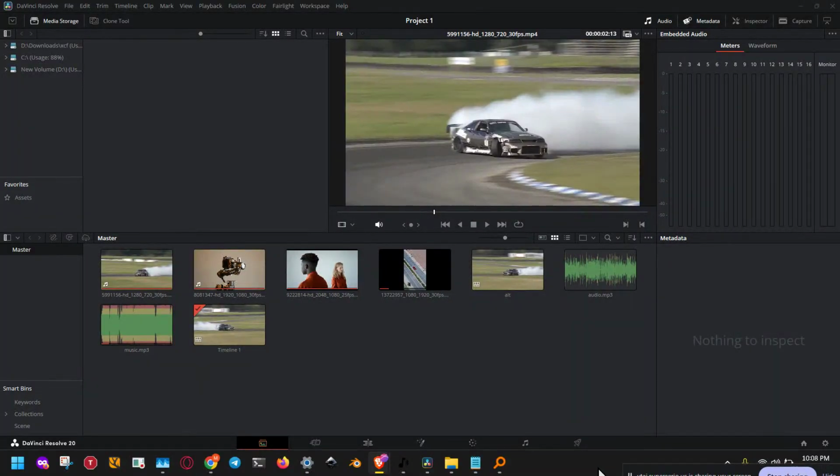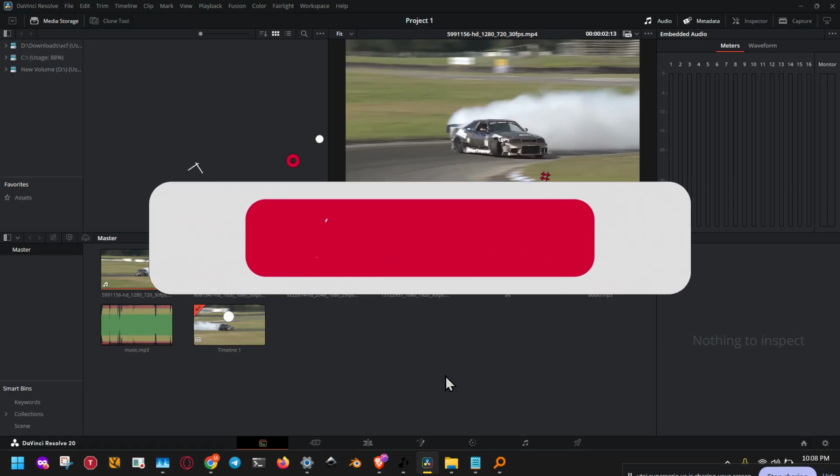If DaVinci Resolve is throwing error code 40, don't worry. In this video, I'll show you a simple step-by-step fix that can help you get back to editing fast. This error is often caused by GPU memory overload, especially if you're working with heavy effects, large media files, or a high-resolution timeline. The good news is that you can usually fix it by adjusting a few performance and GPU